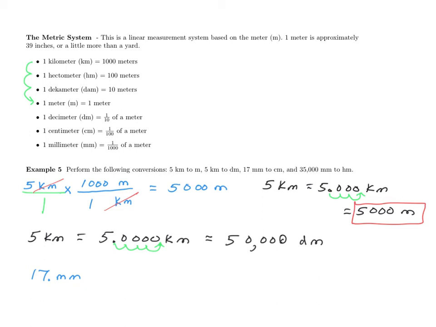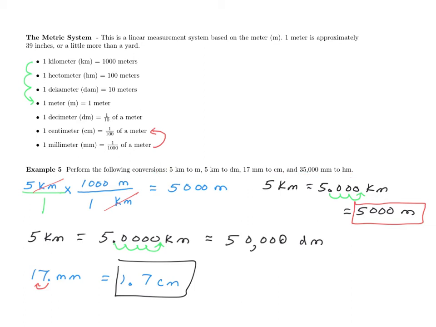We're going to move it one place. So we're starting here and we're going here. We started with millimeters and we went to centimeters. Therefore, the answer is 1.7 centimeters. 1.7 centimeters is the same thing as 17 millimeters. So here is our answer. And one more,